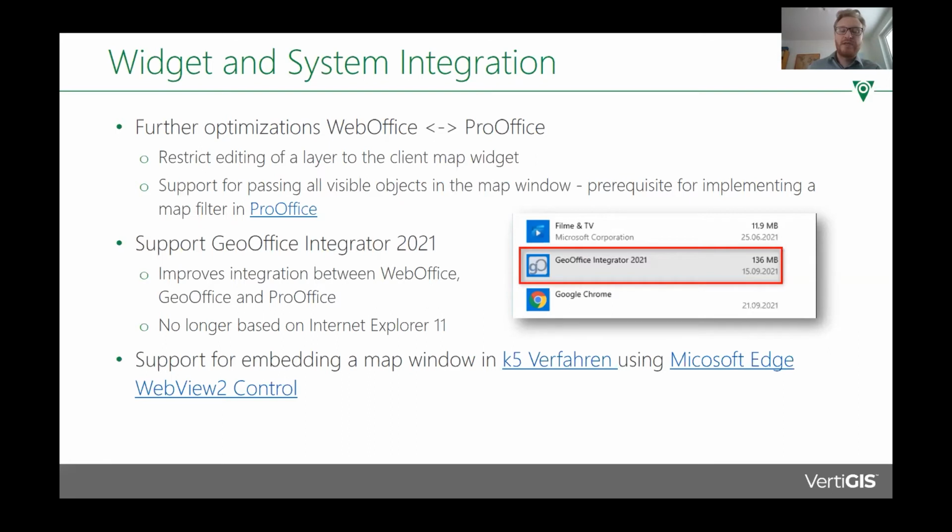So we decided to redesign that integrator from the ground up, and the GeoOffice Integrator 2021 has been introduced in Q2, and is able to work with WebOffice and ProOffice. This integration no longer needs any Internet Explorer 11 functionality, and now it's very easy to pass over search results and selections from WebOffice to GeoOffice and back, as well as to work integrated with GeoOffice and ProOffice, so you have the full triangle working, since, as you remember, we integrate into ProOffice from the WebOffice side